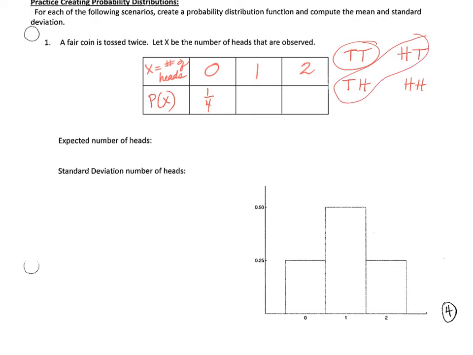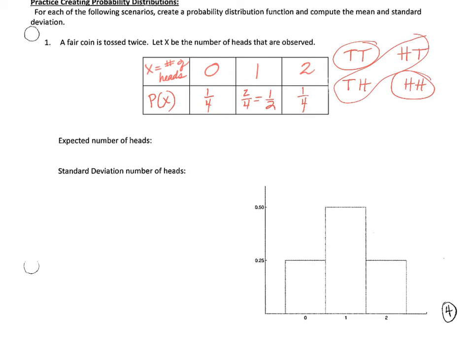One of them will be heads. 2/4, or in other words, 50% of the time. The law of large numbers tells me 50% of the time I will. So last thing, how often will I have 2 heads? 1/4 of the time, okay?